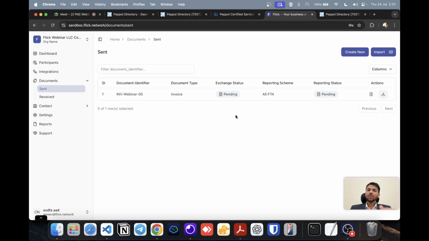So what we can do is either start creating a new invoice if you have any more invoices, or just give a couple of seconds for this particular invoice to be generated, the PINT-AE to be available, and delivered to your buyer. So let me just refresh over here. Okay, as you can see, this invoice has already been exchanged to the Peppol network, and this reporting status,